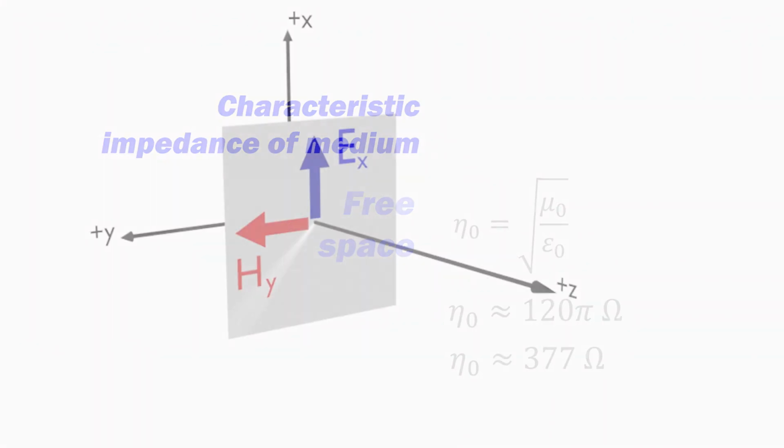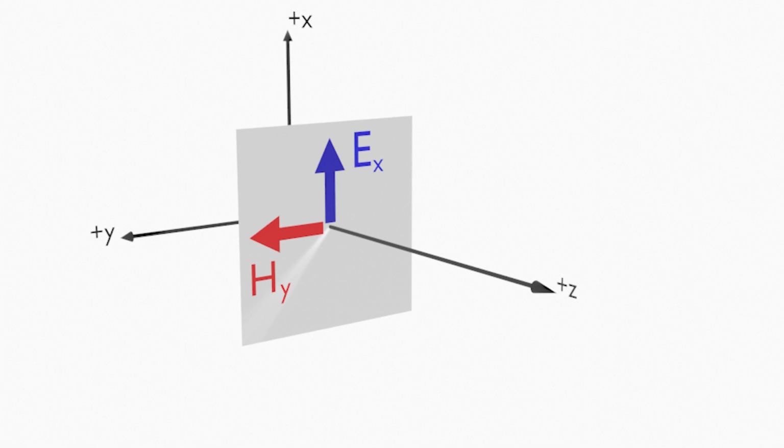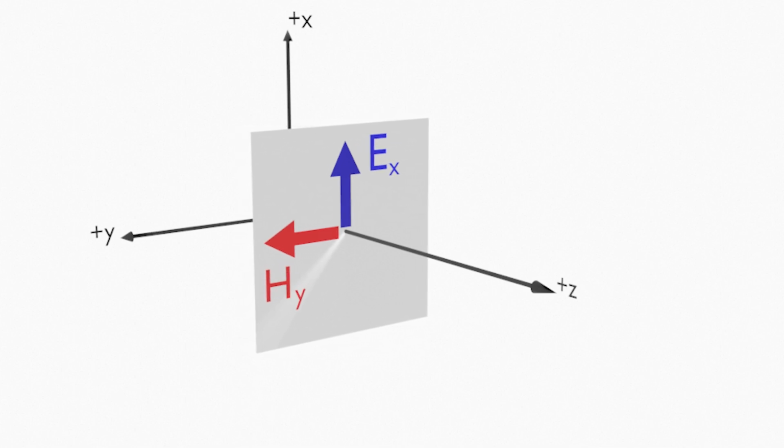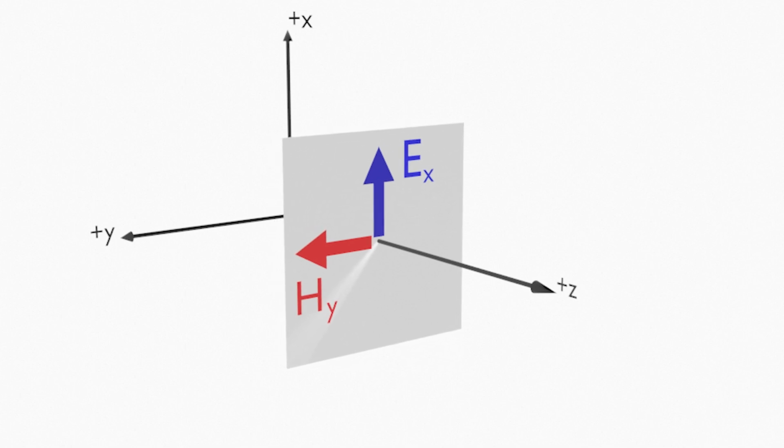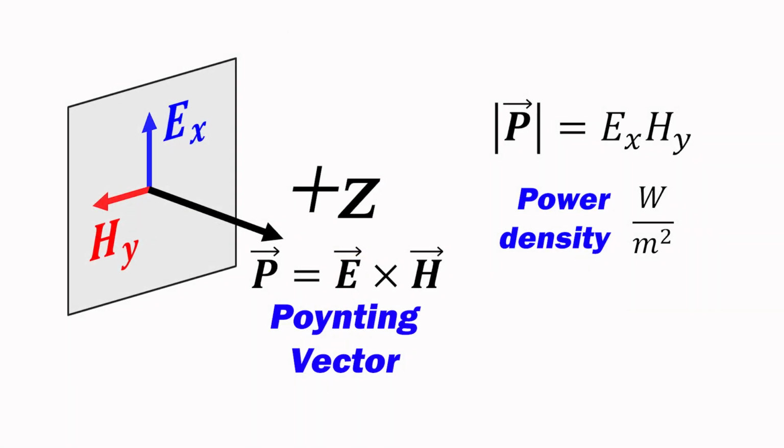In the simplifying case of a uniform plane wave far from any sources, the electric field and magnetic field vectors are orthogonal to each other, and the wave propagates in the direction normal to the plane given by the Poynting vector. The magnitude of the Poynting vector gives the power density of the propagating wave in watts per square meter. All very useful tools provided by the math and verified by experiment. We will be making ample use of these in future sessions.